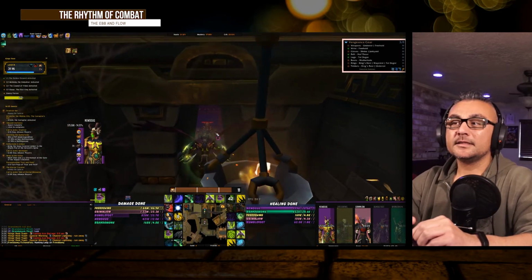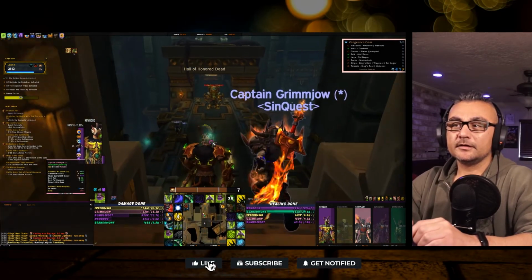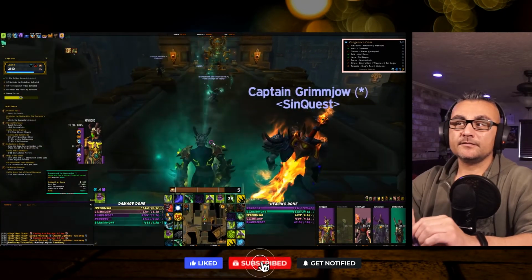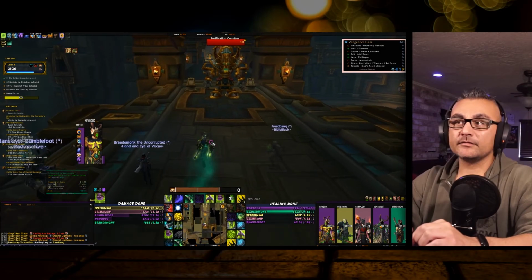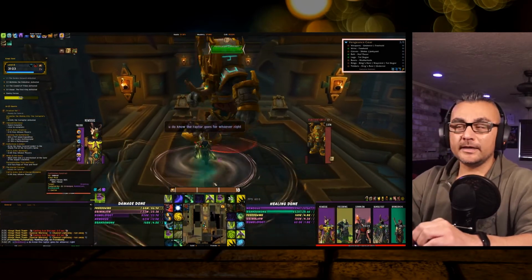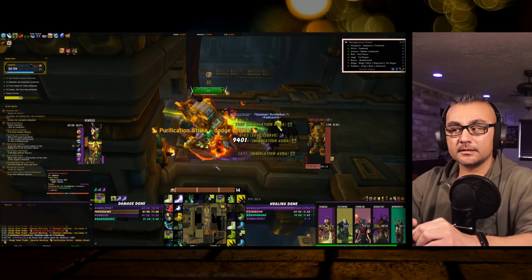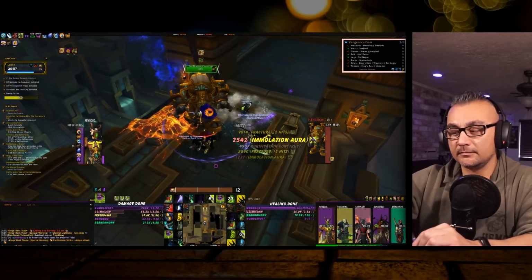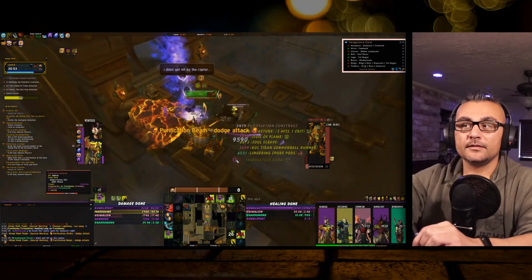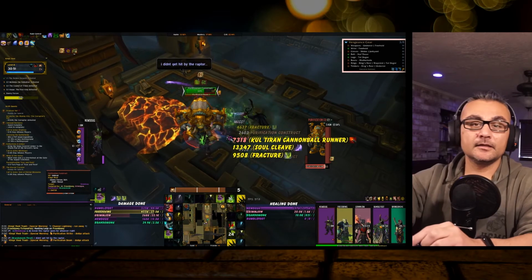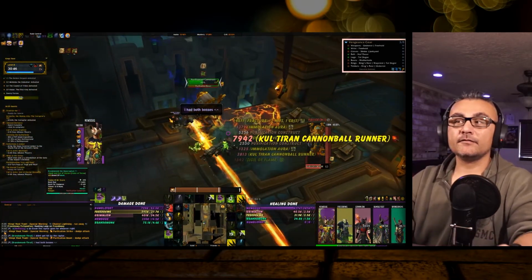Another key indicator that your healer is struggling a little bit is if they're drinking after every pull. If they're drinking after every pull, then hey, you're not beefy enough, or the healer might not be geared enough, or